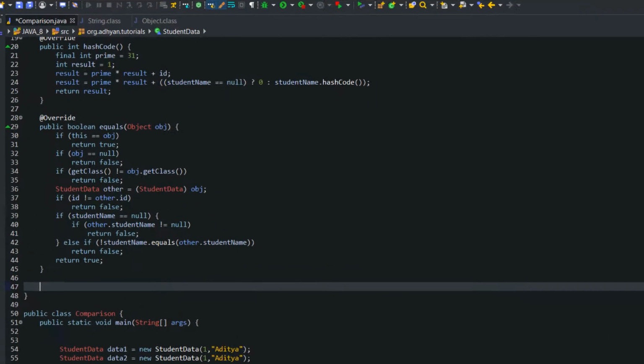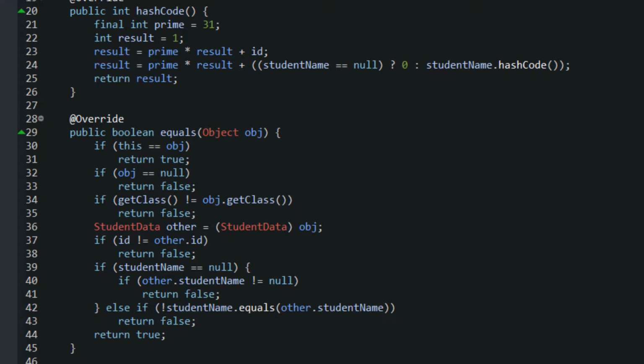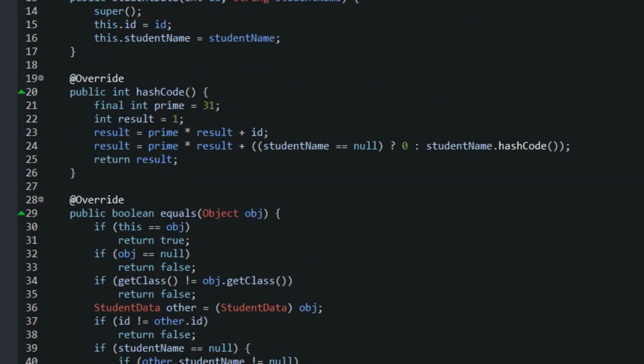Now you can see the equals method that was created. When I created the equals method myself, you found out that I am always comparing with the data only, but here a null comparison is also there, so that a null pointer exception should not be thrown. And here in the hashCode method, you can see that a certain calculation is happening, so that whenever I create a hash code the first time, it should repeat the same hash code the second time, instead of creating a new one whenever I am adding duplicate data.